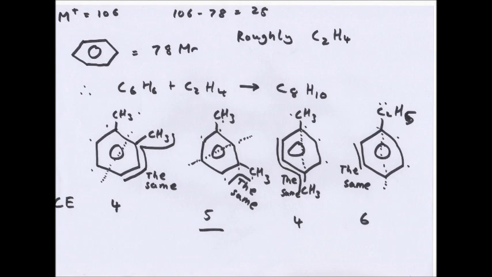Now, I can tell you now, it's not going to be a benzene plus an ethene. They're going to be bonded together in some way. But that's why I put roughly. While 28 does exactly equal C2H4, that's not how it's going to look when you add it to the benzene. So it said roughly. But basically, if you get C6H6 plus C2H4, you get C8H10, which works out to be 106 Mr. So we have the correct formula. And then just draw 4 isomers. Well, if you just draw them, you can have 2 methyl groups in different places, and you can also have a C2H5 group. Now, it's quite hard to draw this, but